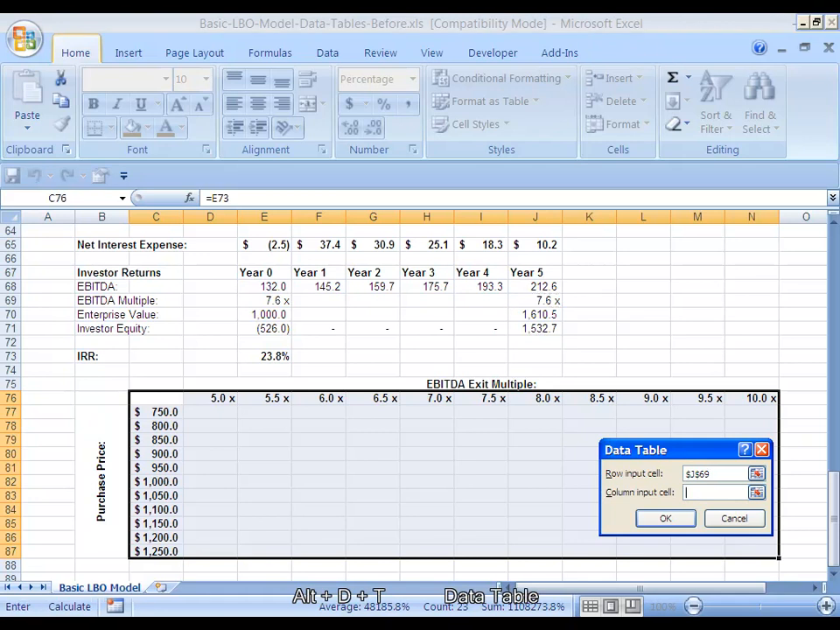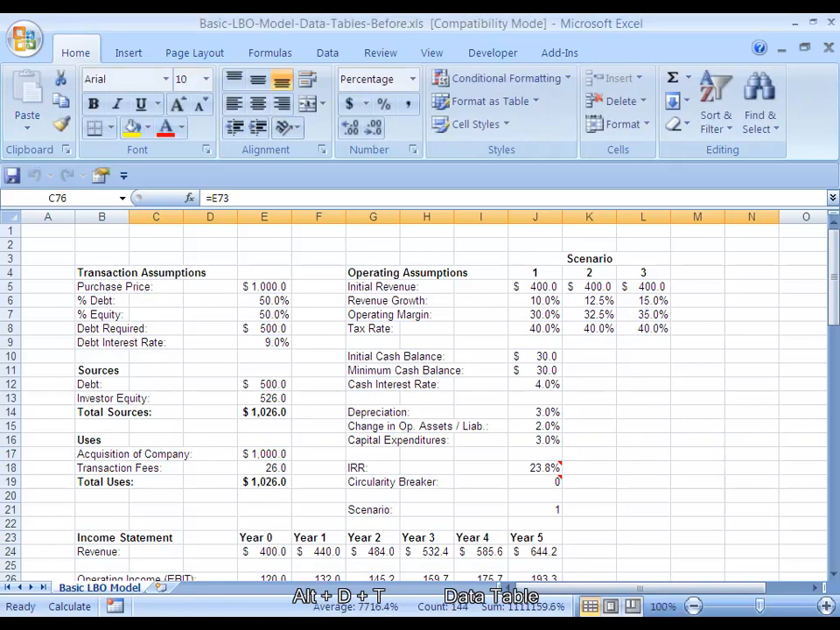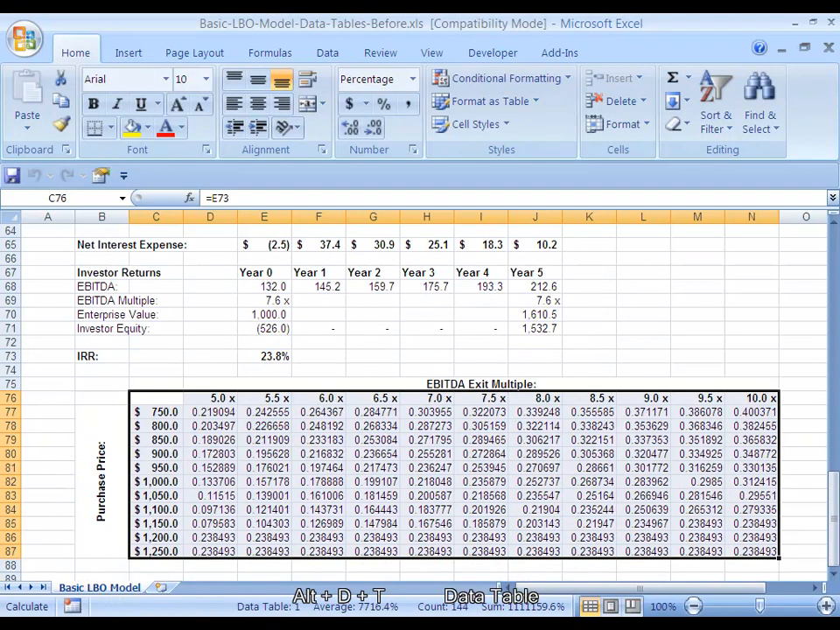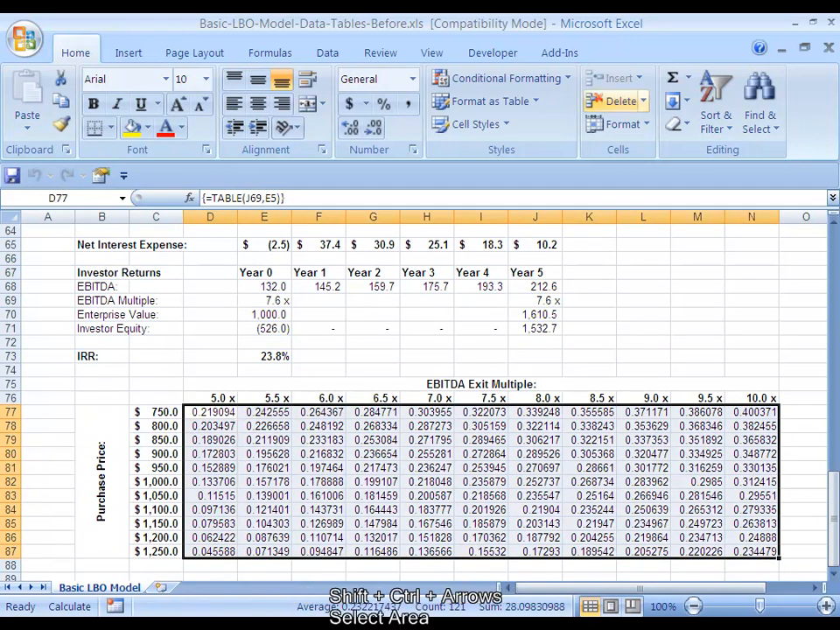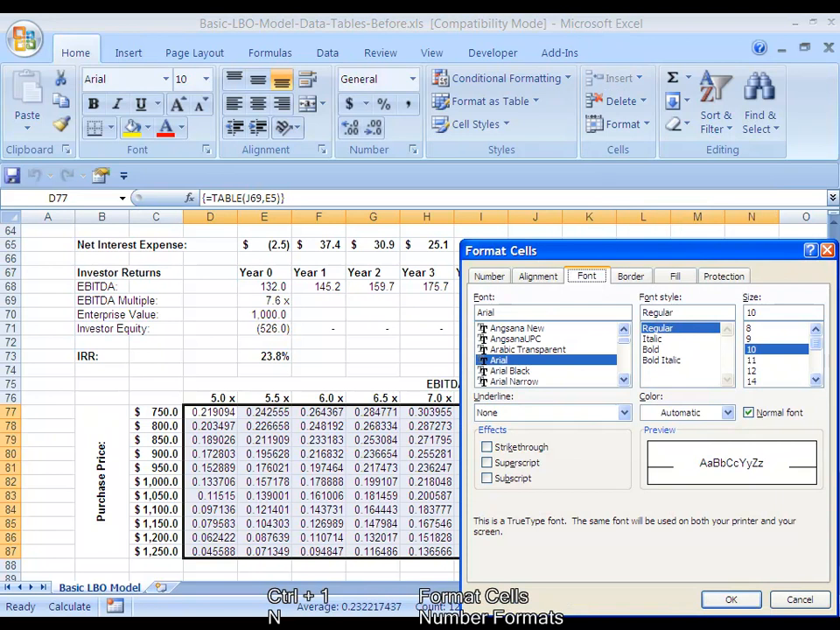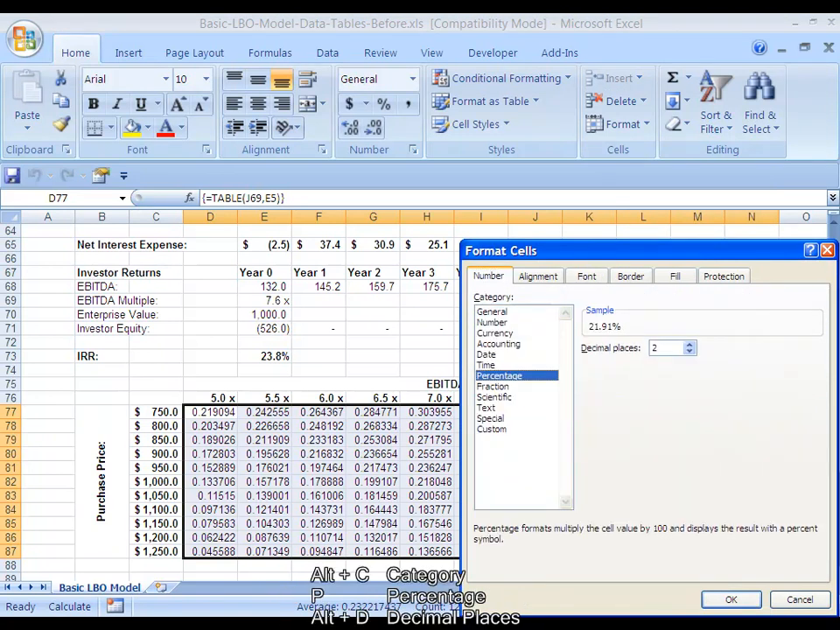Then for the column input cell, we're going to use the arrow to get onto the page, and we can go all the way up to the top with Control up arrow, select 1 billion for the purchase price, and now we have our table. We have to fix the formatting because these are not in percentage format right now. I am not going to use the Shift Control shortcuts here because I want precision over the decimal places. So we'll press Control 1, N for number, Alt-C for category, P for percentage, and change the decimal places to